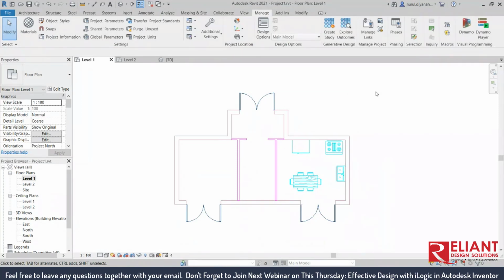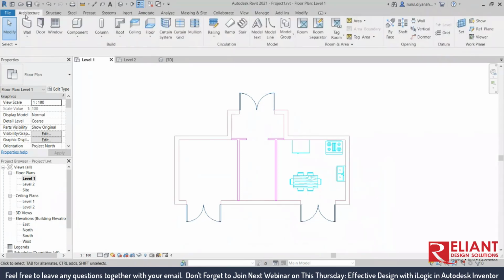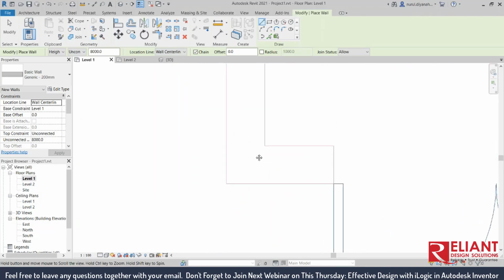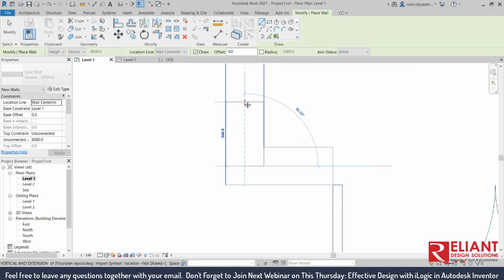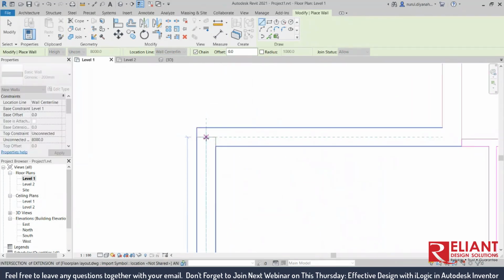Then after you have updated to the latest changes, it means this is the right drawing for you to start creating model elements in Revit. For example, I want to start with the walls here. So just go for the architectural, click wall, and then of course need to choose the same thickness of the wall that comes from the AutoCAD. And then just find the snapping point. So this is the reason actually we link the CAD file for reference,